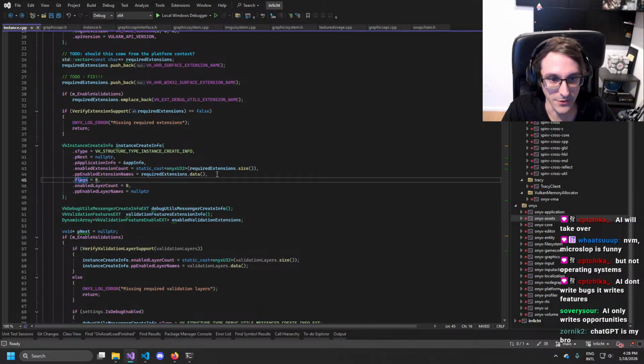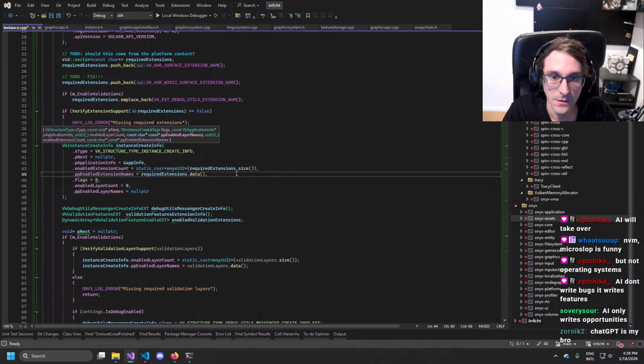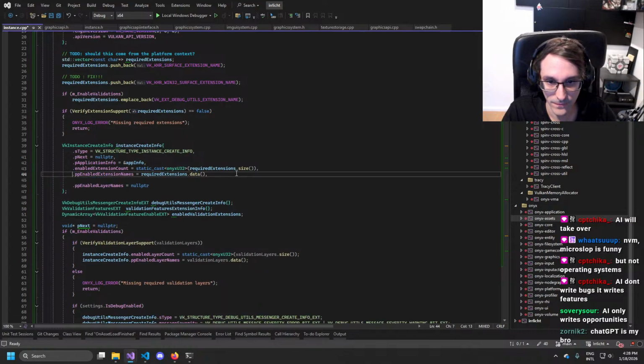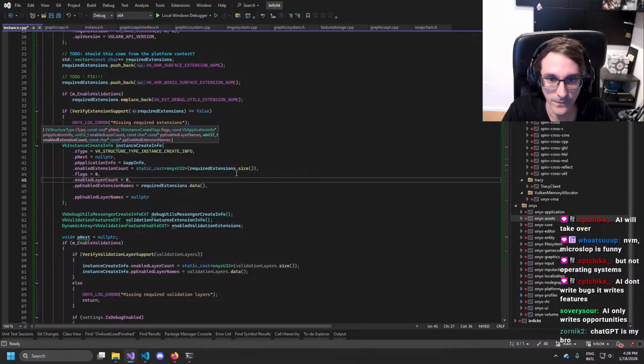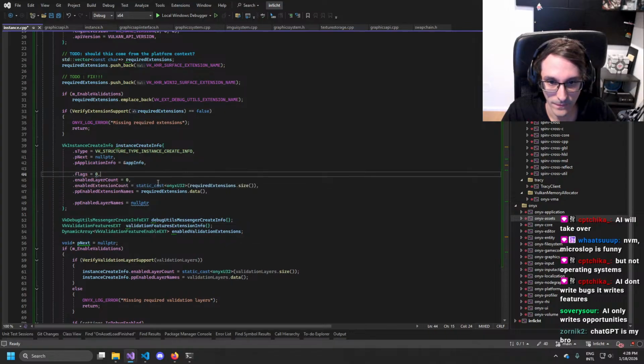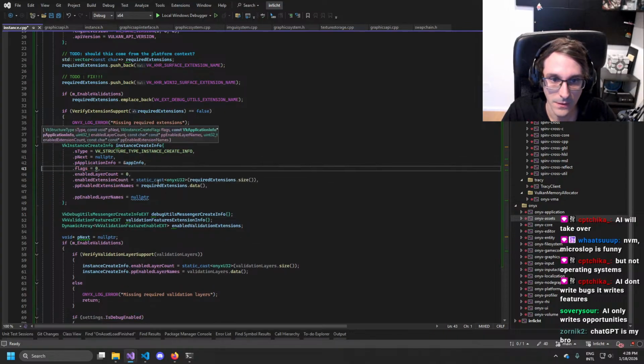Okay, it wants to be those ones before. PP allocation info.